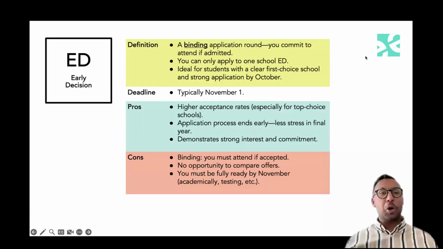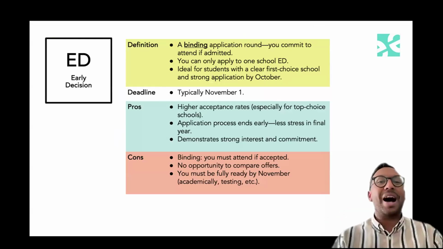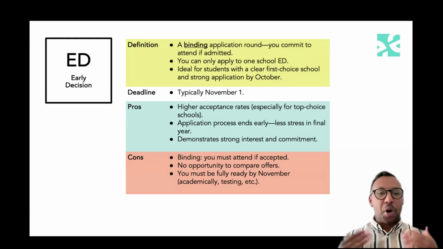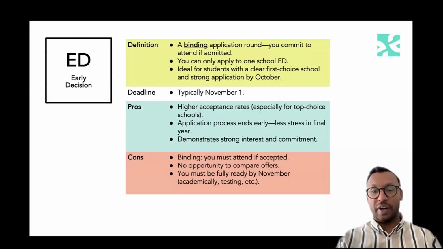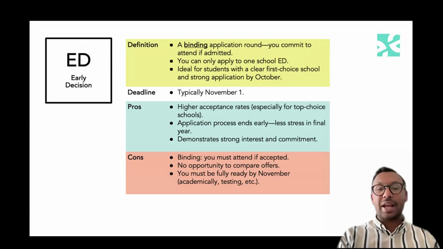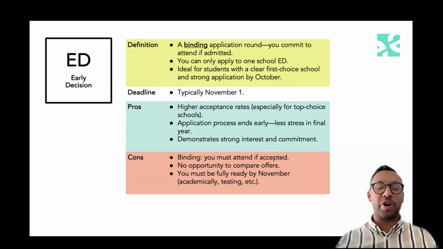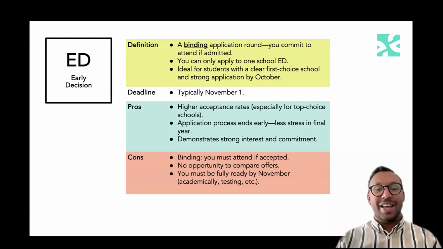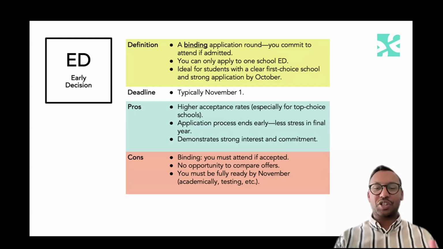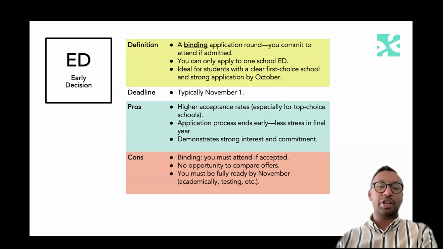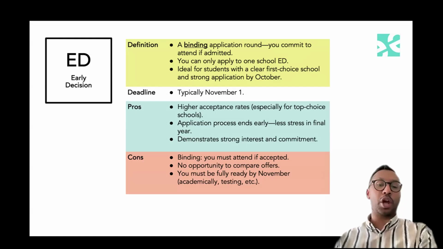So, some things to note about early decision. It is a binding application. And what we mean by binding is that if you apply within the early decision round, you are saying that I commit to the university. Both student and parent will sign something called an ED agreement, so an early decision agreement. And it serves as somewhat of a legal document that you, as a student and a parent, will sign to say that if I am admitted to this particular university, I am going to enroll.